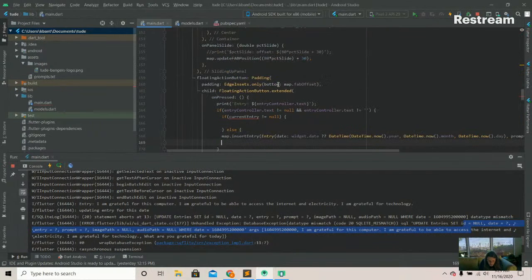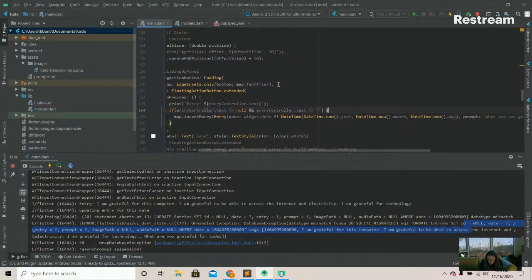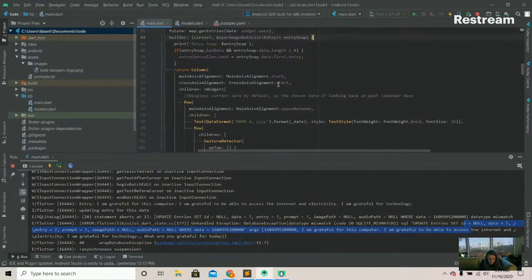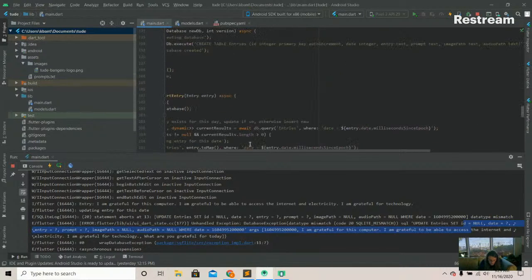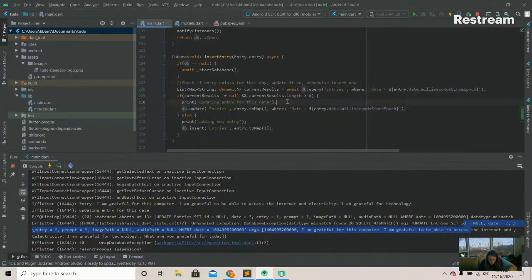So I guess we can undo some of that work we just did. We're just going to have to check and only update the field we want to update instead of the whole row, which is hopefully fine. So down here in our insert entry where we're doing our update,